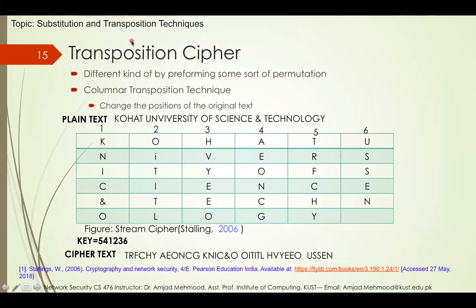Now, transposition cipher. Transposition ciphers are a different kind from the substitution cipher. They work by performing some sort of permutation. In substitution, you substitute a letter with some other letter, but in a transposition cipher, what you do is change the position of the original text. For example, if a sender wants to say Cohort University of Science and Technology,